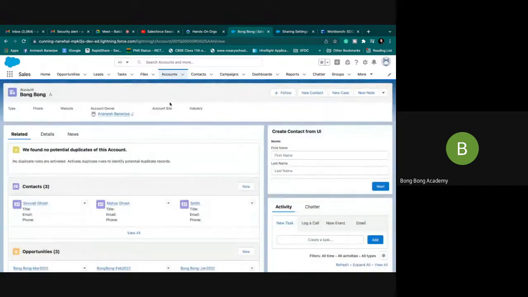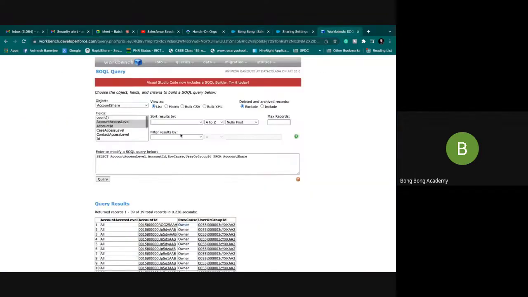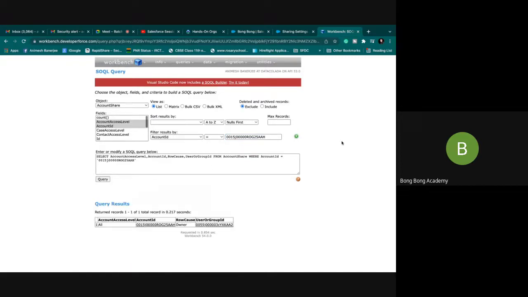Now, let's go to one of the accounts, and I will start tracking this account. I will only work on this one. So I will copy the ID from here. In the workbench, I will just assign account ID is equal to this, so that we are concentrating our energies on only one record. So see what is happening here on that account.